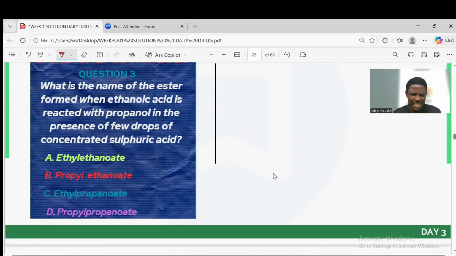What's the name of the ester formed when ethanoic acid is reacted with propanol in the presence of an acid? This type of reaction is called an esterification reaction. So we have the ethanoic acid. Ethanoic acid is CH3COOH plus propanol, C2H5